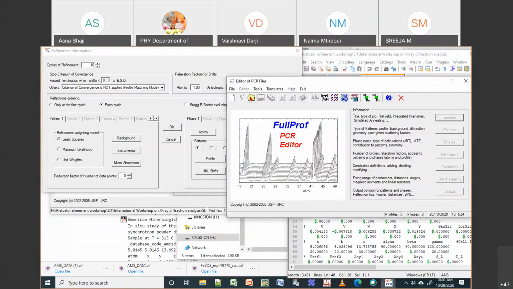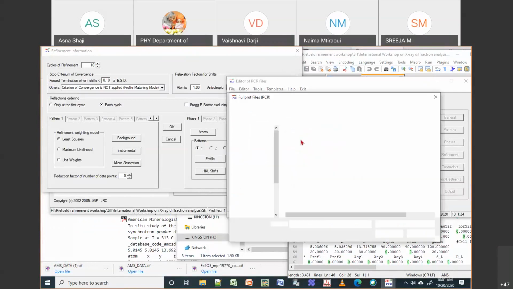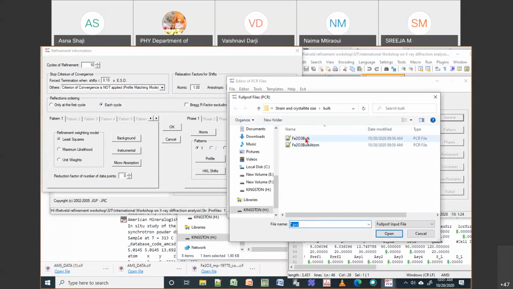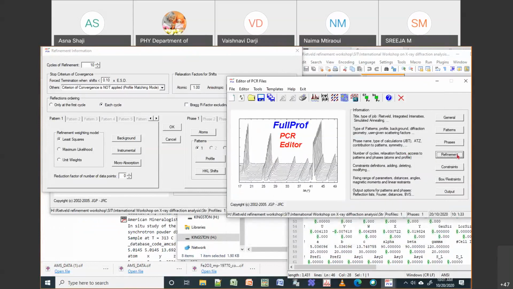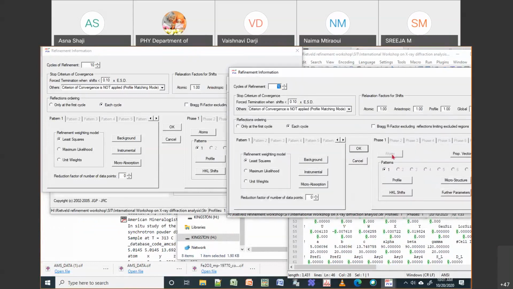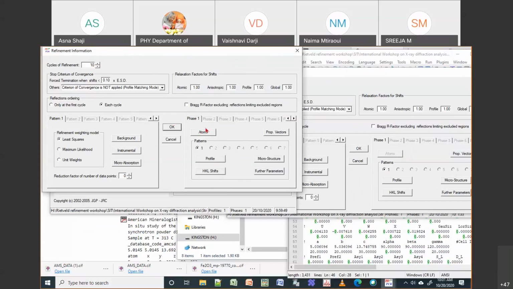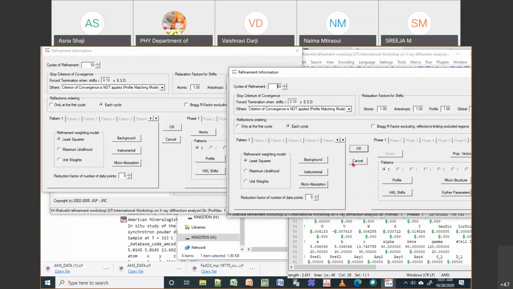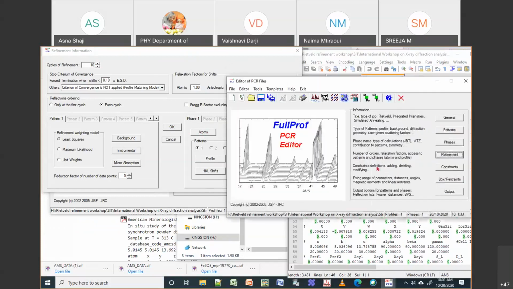If I open the profile matching, so this is your profile matching, and if you go to refinement, you will see that your atom is not activated. Okay, because for Le Bail fitting you don't need information about the atoms, but when we do the structural model, then your atom is activated. Okay, so this is the difference between your Le Bail fitting and your atomic fitting.